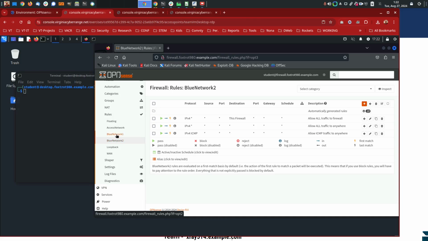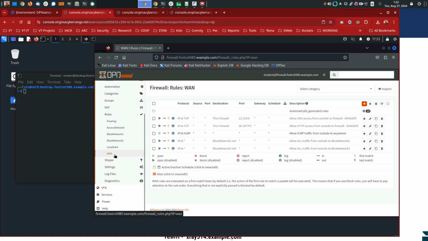So again, if I want to, for example, let's go ahead and have Foxtrot. This was the original example. I want to enable port scanning on Blue Network 1. So my desktop, I'm going to expose my desktop to TCP port connections. So for example, right now, I've got IPv4 coming from the WAN interface. This is important. The traffic's coming from WAN, so we need to go to WAN. Right now, you see nothing is allowed to Blue Network 1. But if I click on that and say,